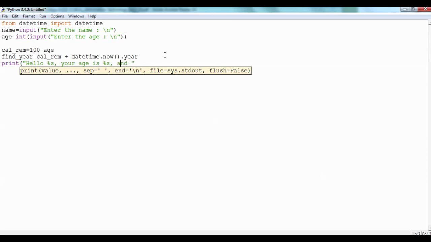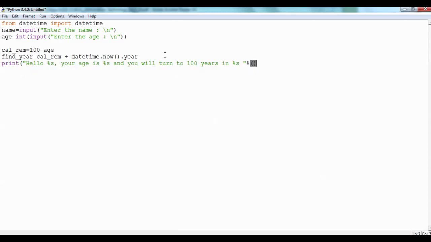you will turn 100 years in %s. That is our final output, which shows as find underscore year. So as per the sequence, we call name, age and find underscore year as parameters respectively. Close the function